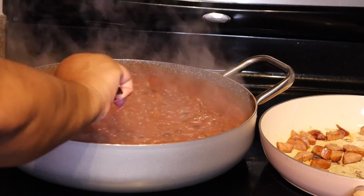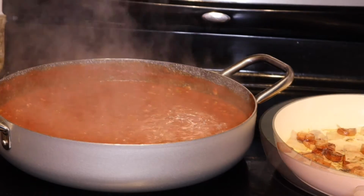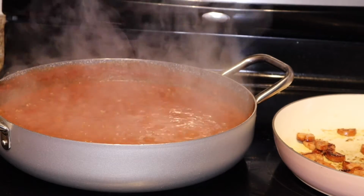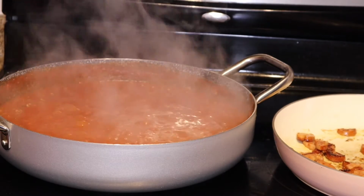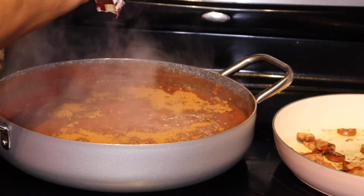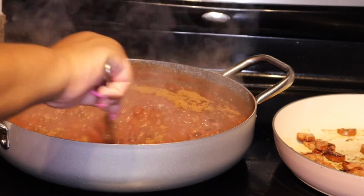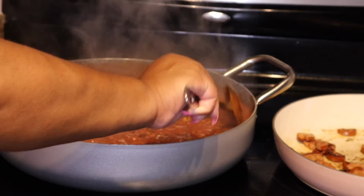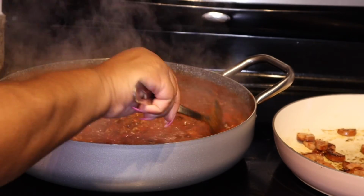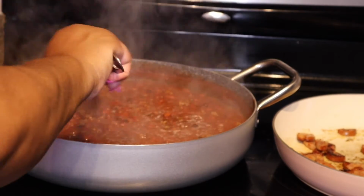All right, and then once that tomato paste has melted into the chili, we are going to add in 1 pack of chili seasoning. And honestly, with the size that I cooked, I probably would have added in 1 more pack. So if you're just cooking a size that's smaller than what I'm cooking now, 1 pack is just fine. But for the amount that I cooked, I should have bought 2 packs. And then you just want to make sure that that seasoning is mixed in good as well,